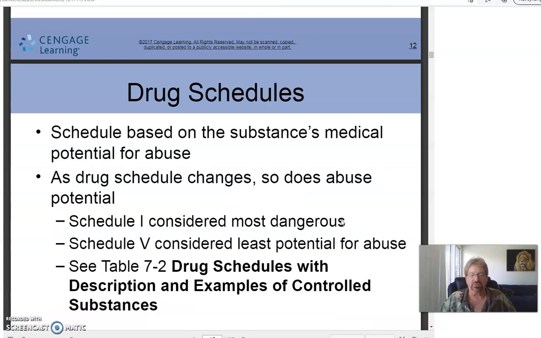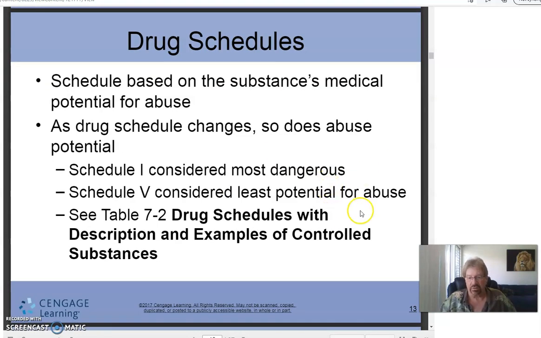Drug schedules. Now, this is real important. You need to learn this. Schedules are based on a substance's medical potential for abuse. As drug schedules change, so does abuse potential. The most dangerous are Schedule 1. The least dangerous are Schedule 5. So there are 5 schedules. Look at Table 7.2. You must know this. There's a lot of stuff asked about this. This is important. Let me say this: some of it